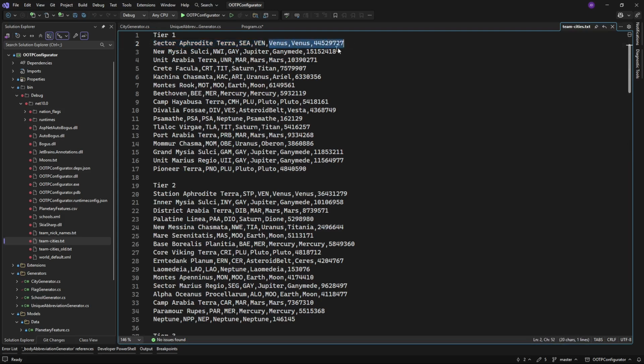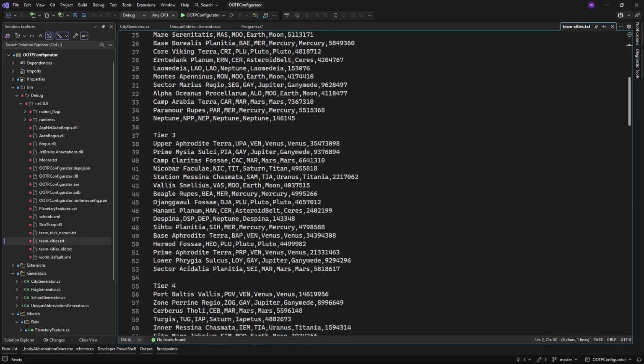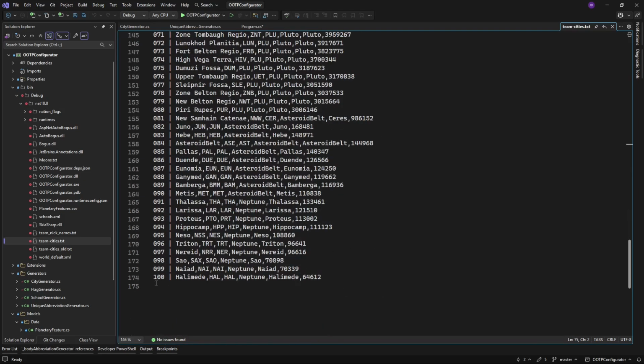And these are just nice to know things: what system it's from, what planetary body it's from, and the population. So this is all the same, but now I have a potential expansion teams list, and this is numbered from 1 to 100.